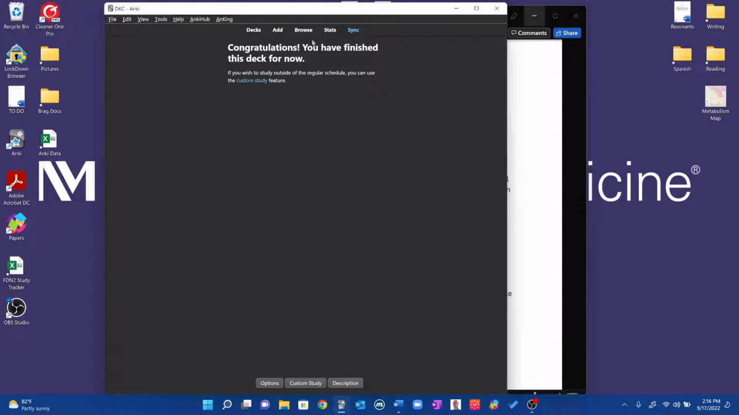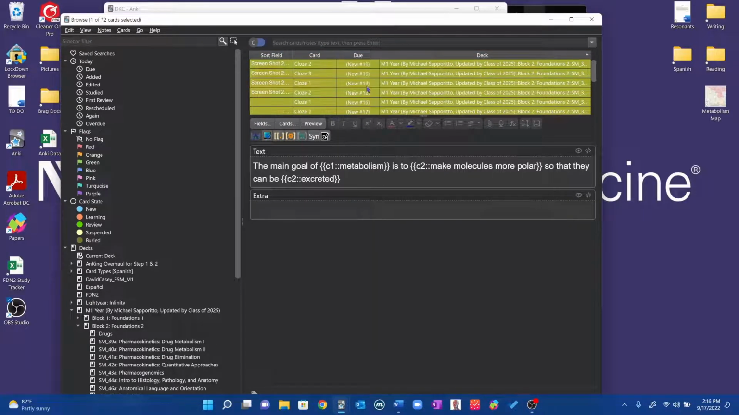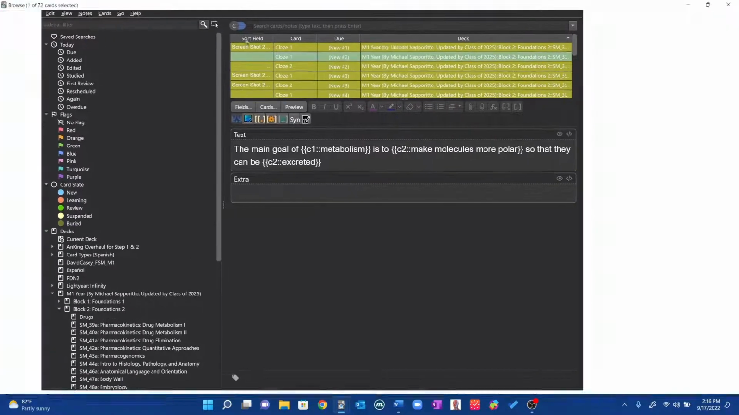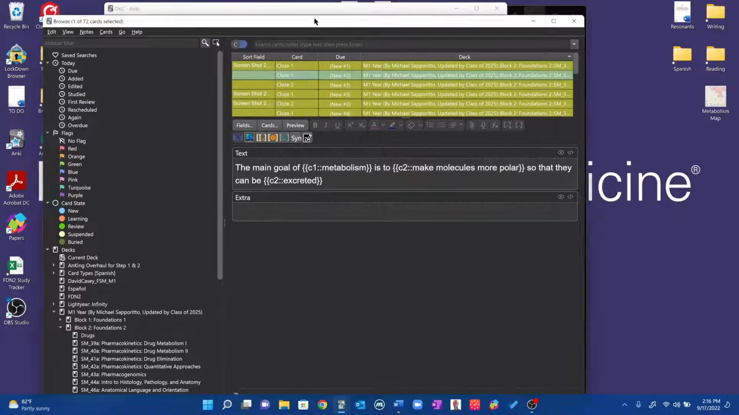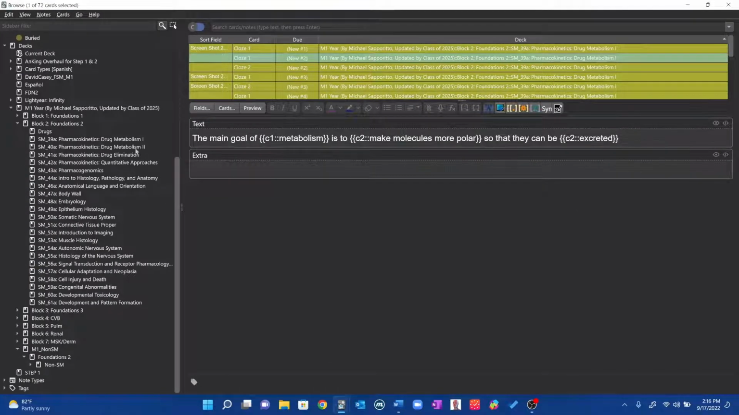But right, so metabolism 1, it says I finished the deck because they're all suspended, right? Meaning yellow over here. And we'll talk about unsuspending them here in a second. We're not going to worry about that at the moment. But right, so now all those cards are selected. We can just check that by going over here and making sure this is the correct subdeck